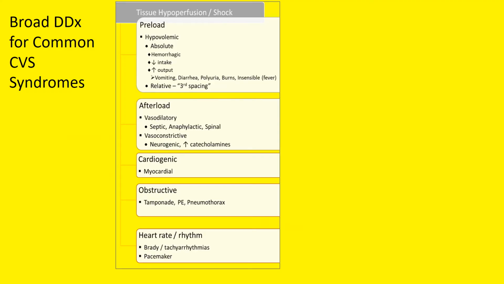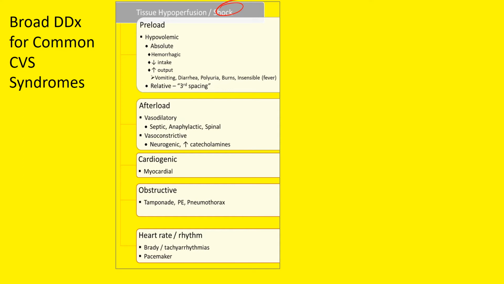Now, once you've got this, how do you go to the next step forward? What are the causes for each of these things? What differential diagnosis will you think of? And here's where, okay, when you have a shock state or a hypoperfusion state, you'll say easy: preload, afterload, contractility, obstructive shock, and heart rate or rhythm problems. Okay, so